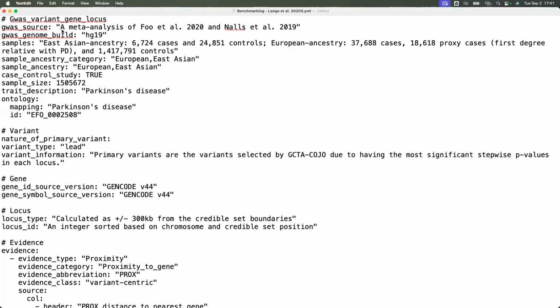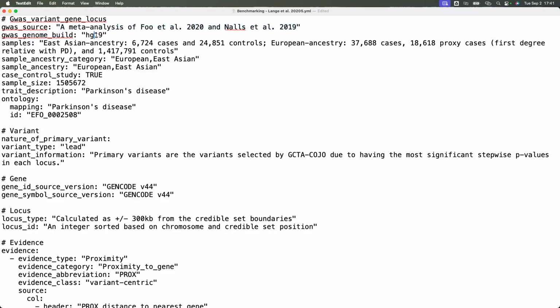I liked the way that this was presented earlier for the GWAS source, because this hasn't been deposited in the GWAS Catalog yet. And I think I could take inspiration from Matthew Paul and put in the medRxiv link instead, which might be better than this description that I've put in. Although I guess we've just heard some reasons to consider going deeper on that if one study has multiple GWASs attached to it.